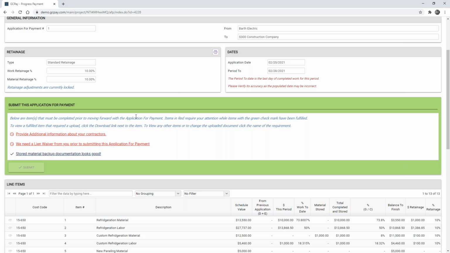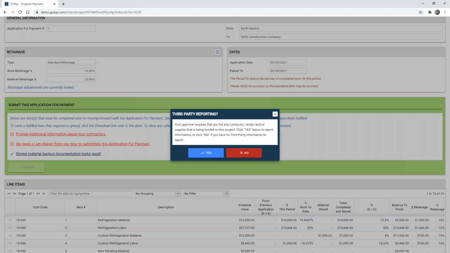The next item that's required is additional information about your tiered contractors. And so what this is doing is asking your subs to provide information on any third-party subs. And so perhaps there are third-party vendors or third-party suppliers for a particular job.